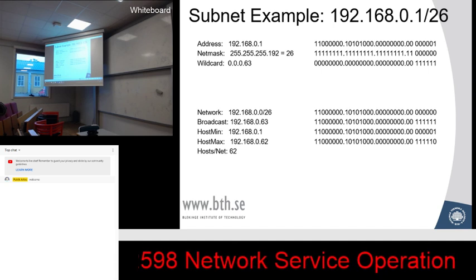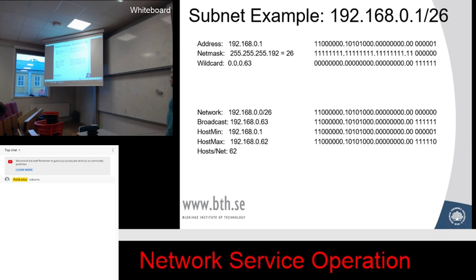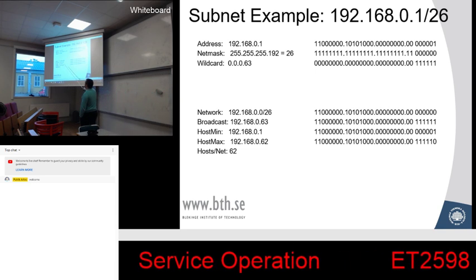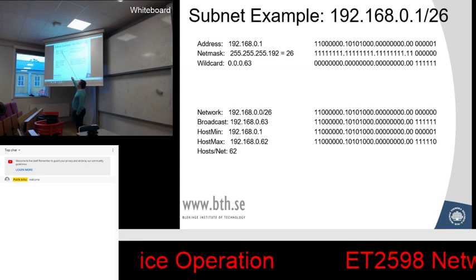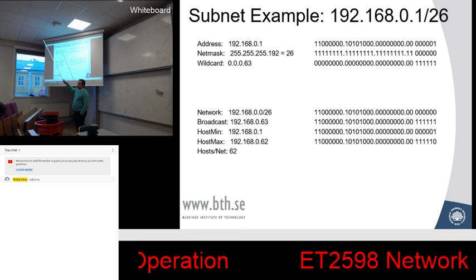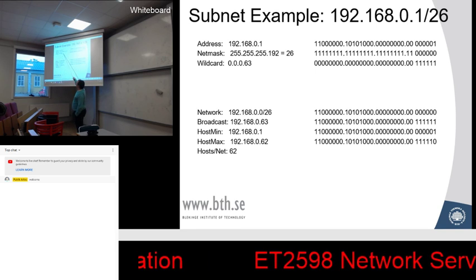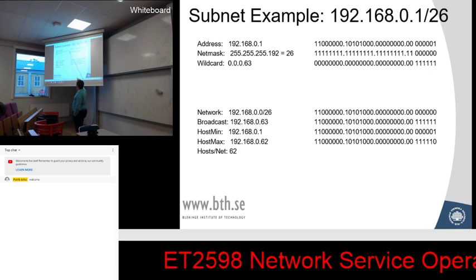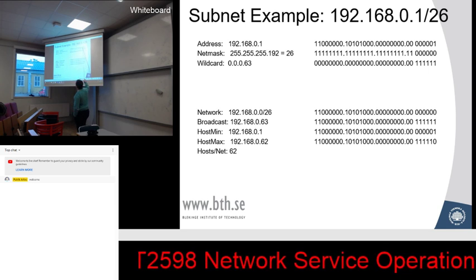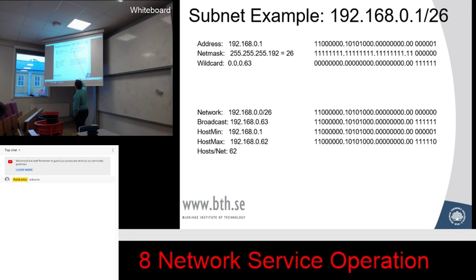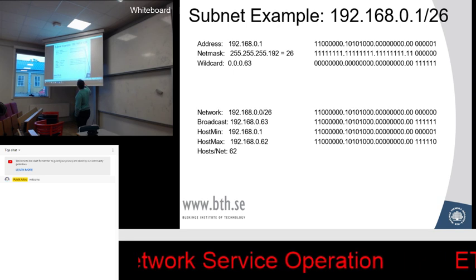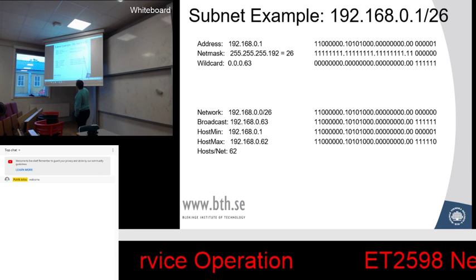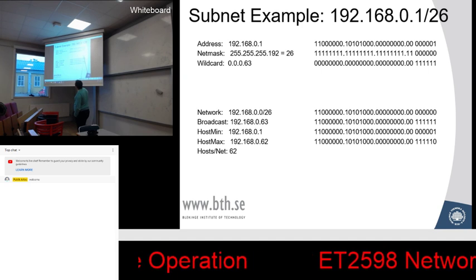So, an example. Here we have an address, 192.168.0.1. We have a mask of 255.255.255.192, equivalent of /26. Here's the address expressed in binary. Here's the mask expressed in binary. If we mask them, and